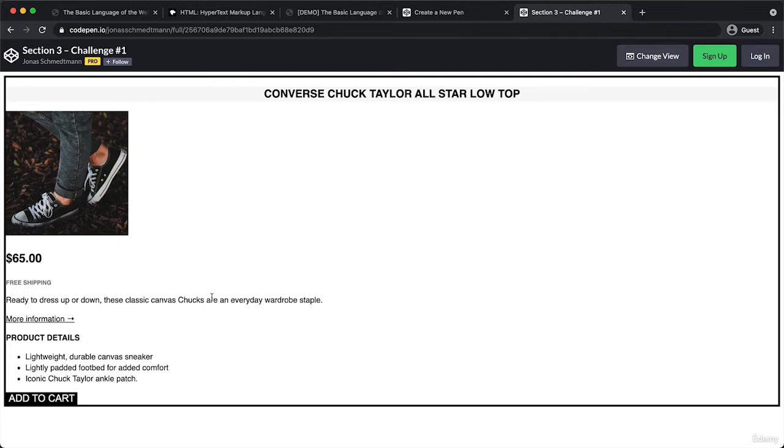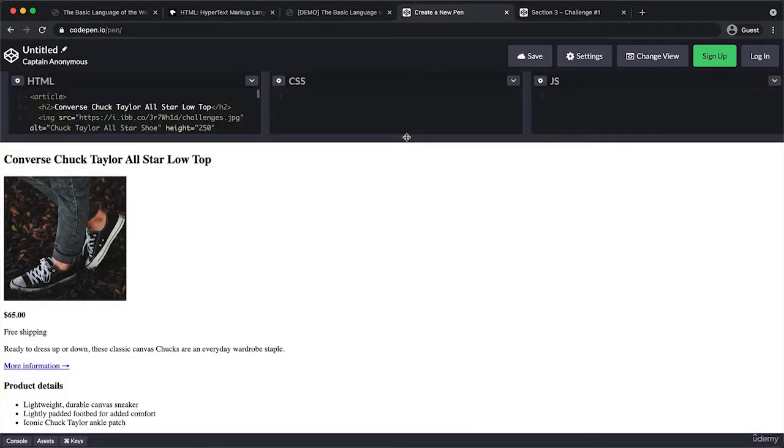And don't really worry about the correct colors and about the correct font sizes here. So just use any values for now, because my goal with this is that you really practice the properties themselves, and the values are not really what matters. Okay? So as a starting point for this challenge, please use the code that you ended up with after your last coding challenge. So after the end of the HTML fundamentals section. And if for some reason you don't have that code anymore, or if you didn't do that challenge, then I will also include a link in this video where you can find the starter code